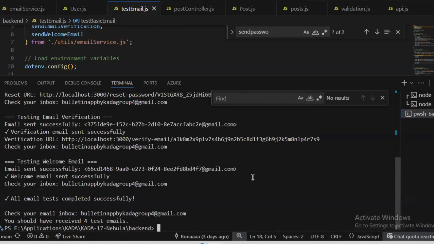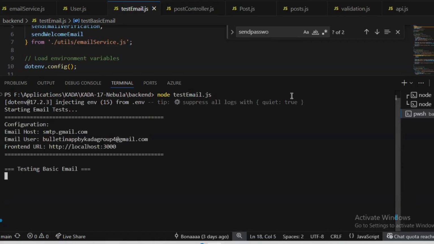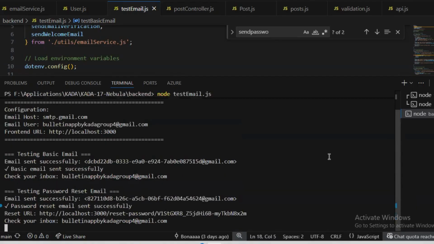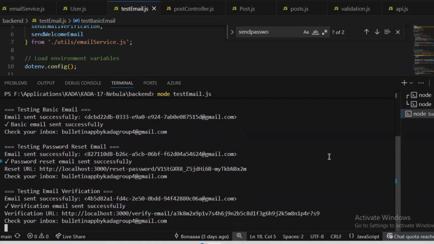You can simply run it with node email.js. And we can see the successful testing here.